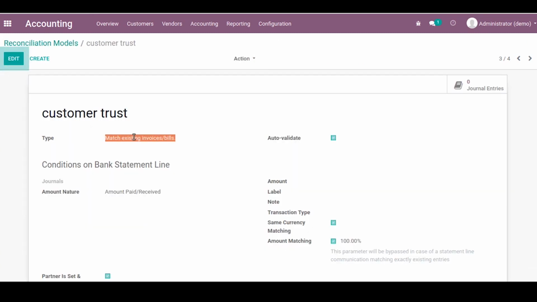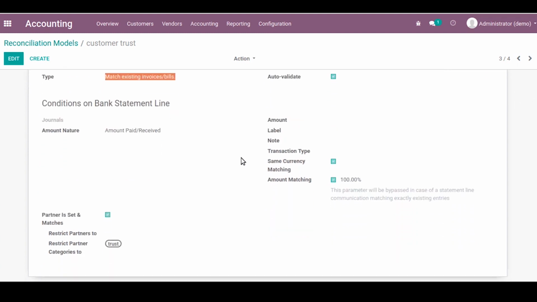So the next one will be match existing invoices and bills. For this one, I have given auto validate as true, and also set the partner as required, and the category of the partner must be trust.